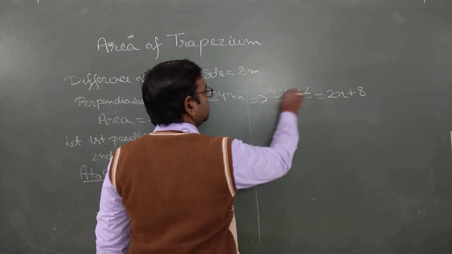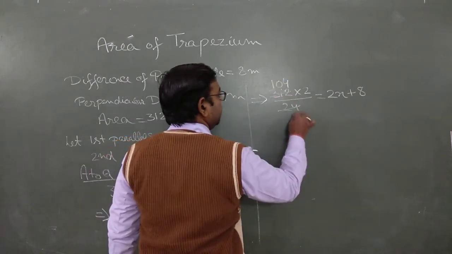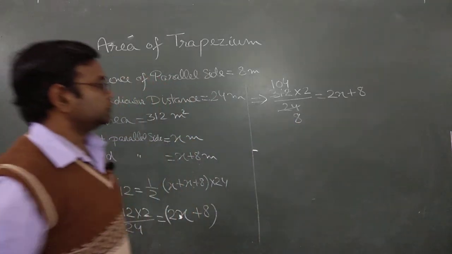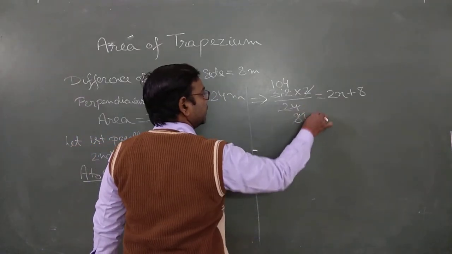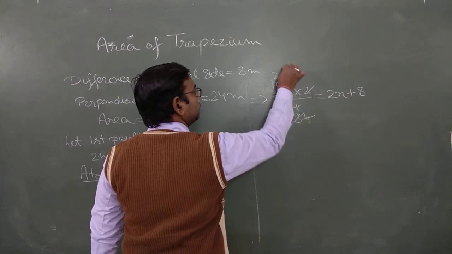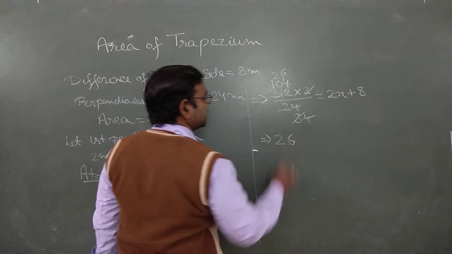So let's start. 3 1s are 3, 3 4s are 12, 3 8s are 24. Then again we can divide: 2 4s are 8, 4 6s are 24. So we can say it's 26,